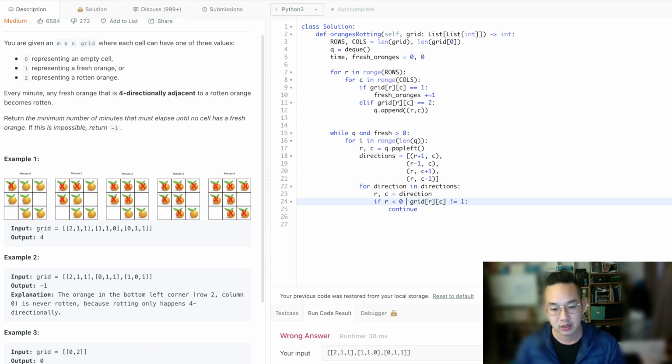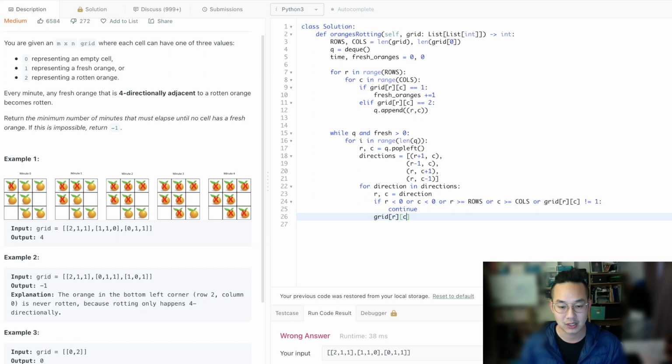If R is less than 0, or C is less than 0, or R is greater than or equal to rows, or C is greater than or equal to columns, or it does not equal 1. If it is 1, that means we can start spreading this rotten orange. So this particular R, C, grid at R and C, is going to be equal to 2 now. And what's going to happen is that we're going to Q dot append